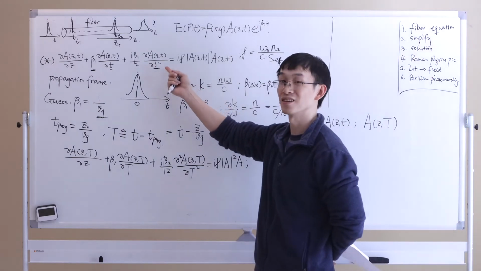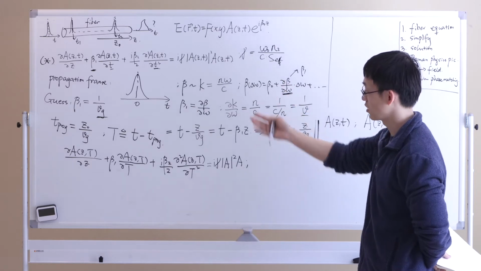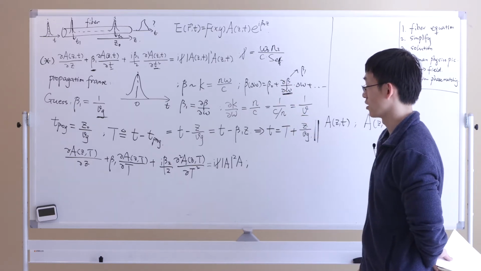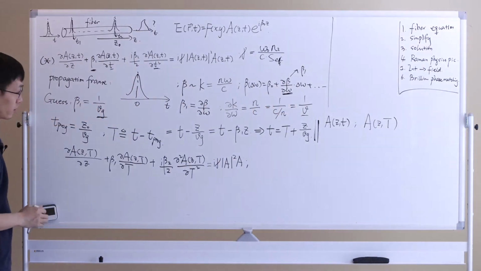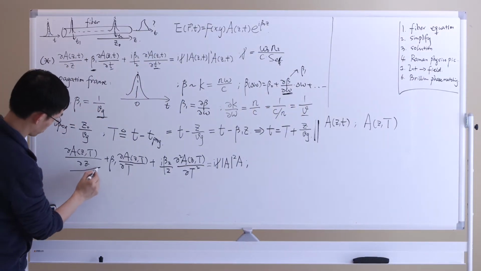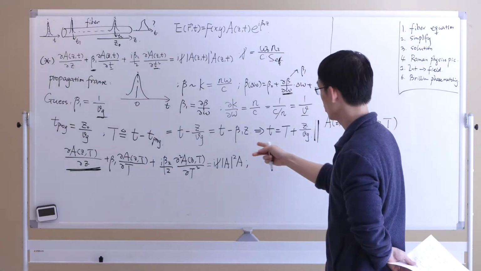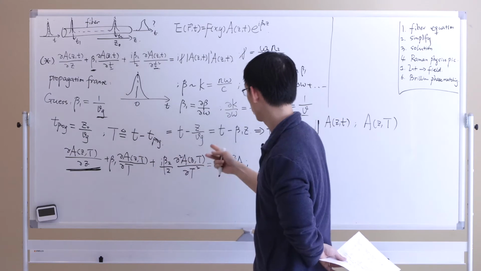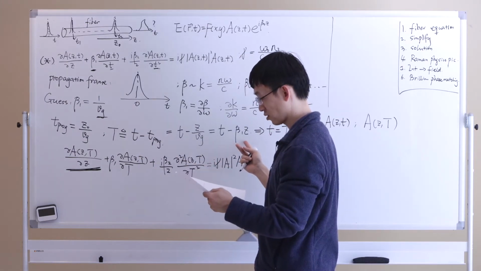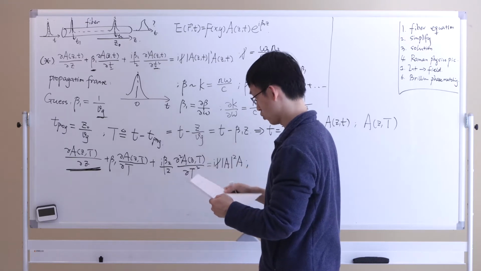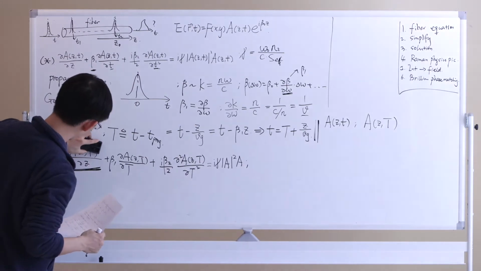You're simply replacing the variables, replacing small t with capital T. But here, one thing we should pay attention to is that right now your capital T is actually a function of both t and z. So what you can do here is write it down